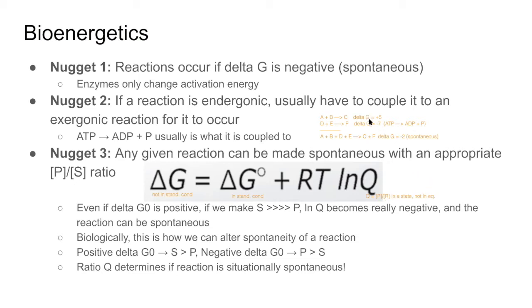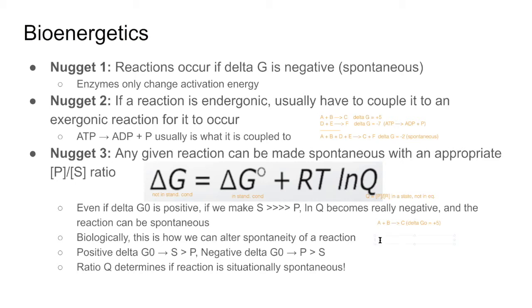And so one thing to note is, let's take our example, A plus B becomes C, and that's delta G equals +5. And let's just say that's delta G standard. I'm just going to say delta G with a 0 is standard. So the delta G standard is +5. This process overall is endergonic. How can we make it spontaneous without coupling it to another one? What we can do